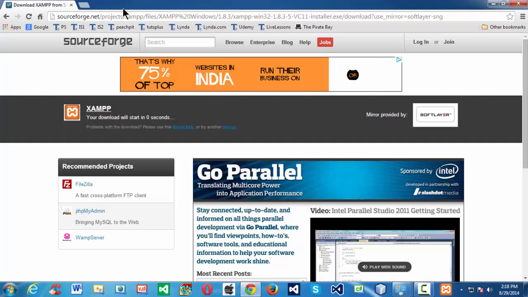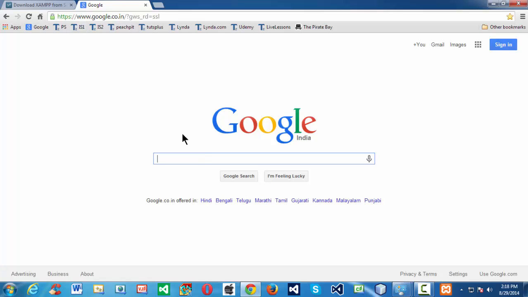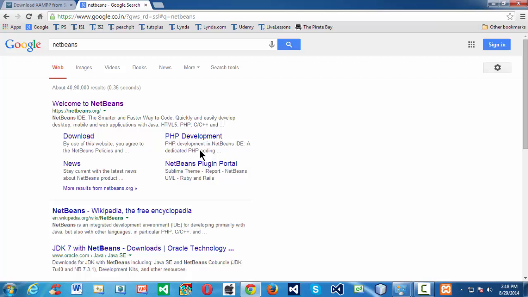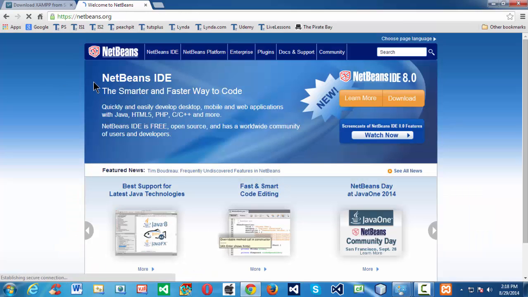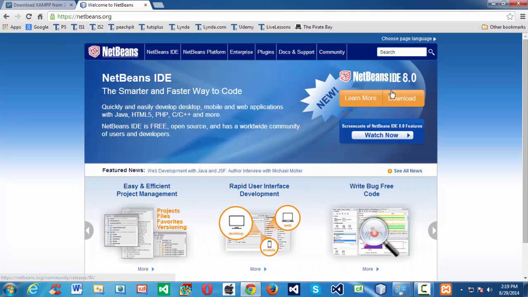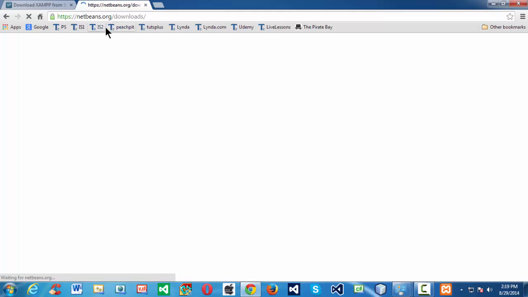Another tool which is very essential for developing and writing PHP code is NetBeans. We are already familiar with NetBeans if you are a Java programmer. It's a world-famous IDE which is very comfortable for writing PHP applications. If you go to the netbeans.org website, here you have a big orange button which on clicking leads to the download page of the NetBeans 8.0 IDE, which is the very latest version at the time